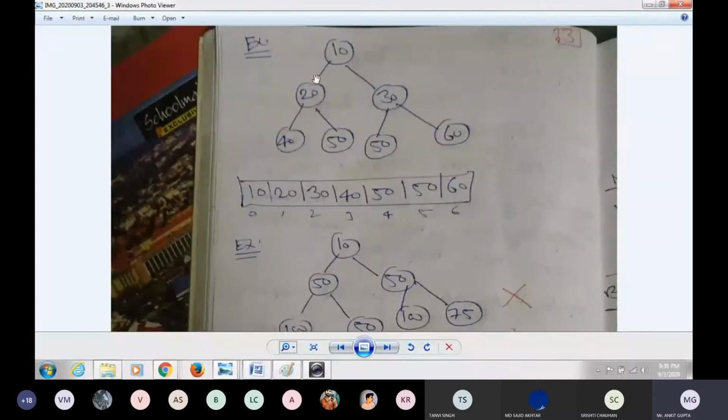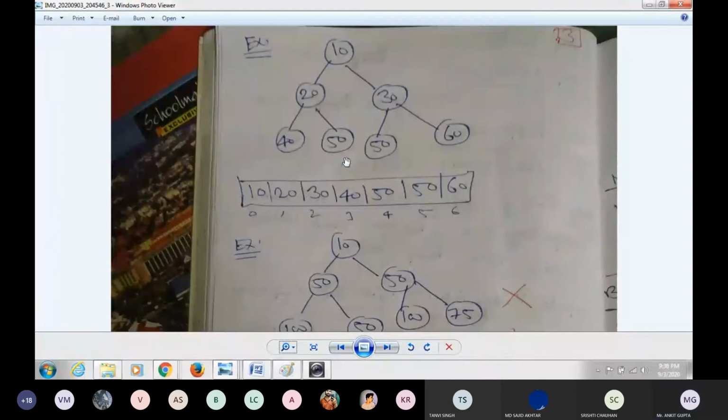It is correct. Here again I check the root 20 and its children 40 and 50: children are more, root is minimum. Again I check 30, root is 30, then 50 and 60. So at every node, the root is minimum compared to its children. Then it is called a min heap tree.